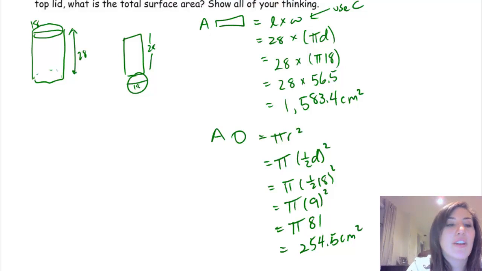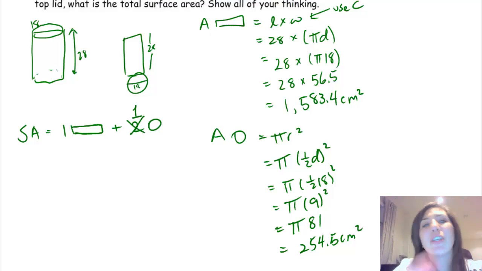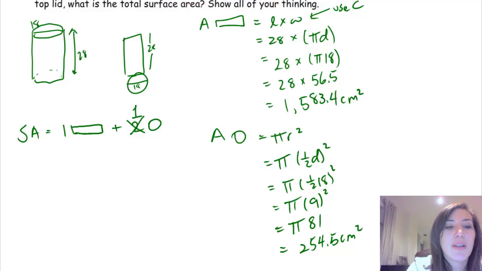Are we done? No. We have not figured out the total surface area. The total surface area equals 1 rectangle plus 2 circles. No! Just 1 circle, because we have no lid. Make sure you read questions like this really carefully. So 1 rectangle plus 1 circle, so